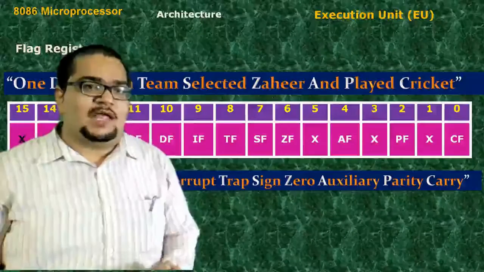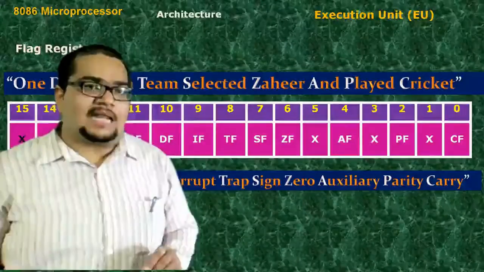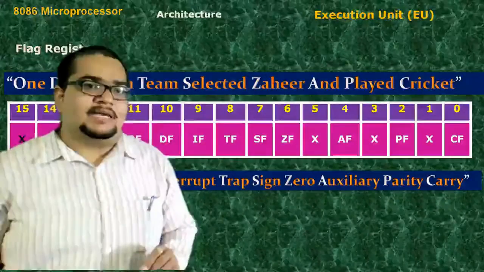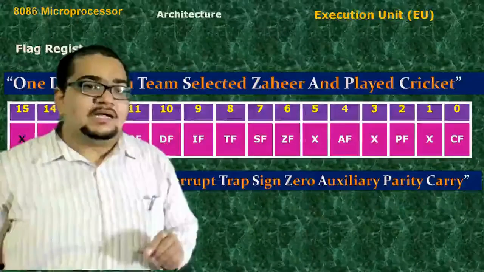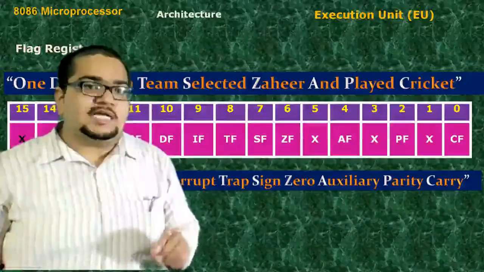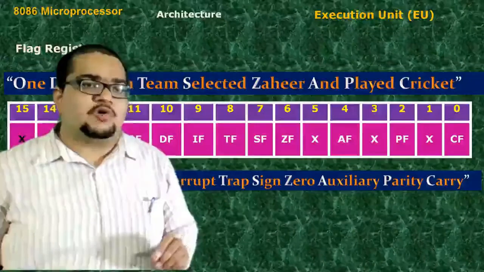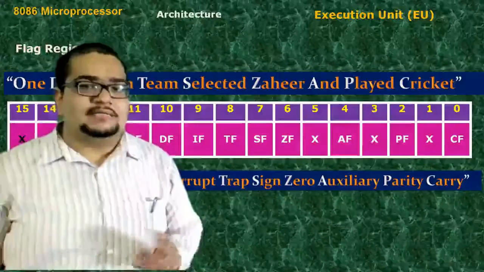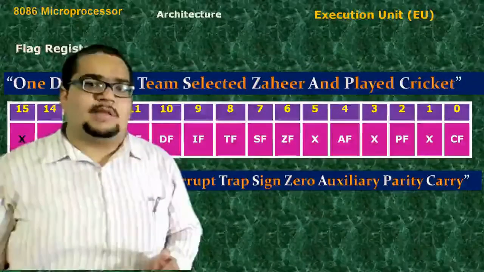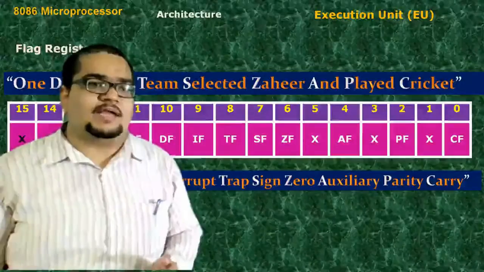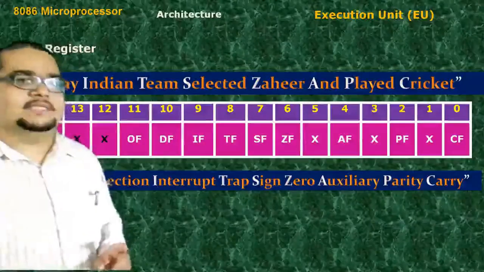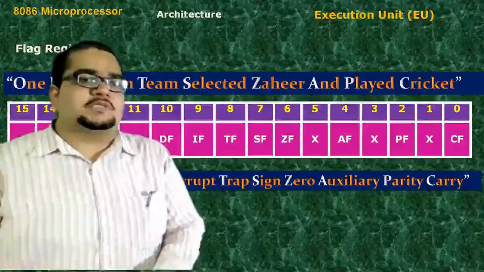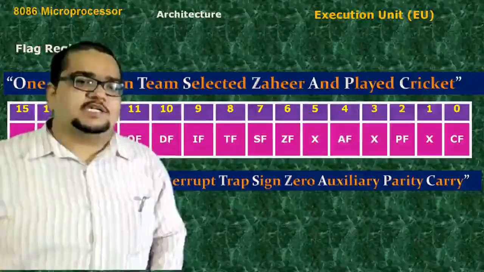Out of the 9 active flag bits, 3, that is trap flag, bit number 8, interrupt flag, bit number 9, and direction flag, bit number 10, are the control flags. That means these are program accessible. You can put some 0 or 1 into them and you can control the action of the processor. Whereas the other 6, that is carry flag, parity flag, auxiliary flag, zero flag, sign flag, and lastly overflow flag, are status indicators. They just show what happened in the processor right now. They are called status flags.